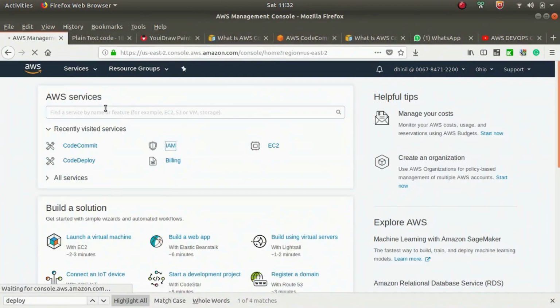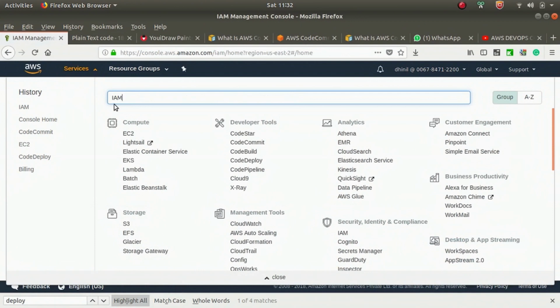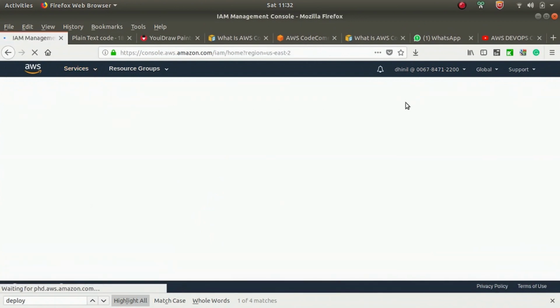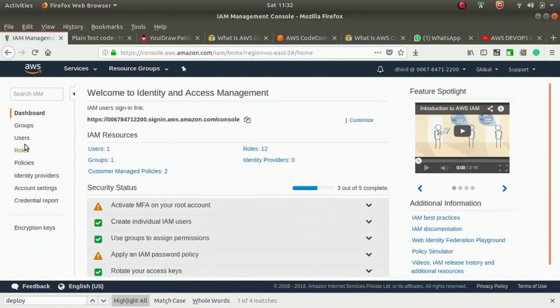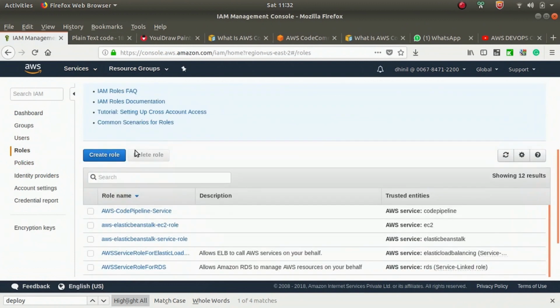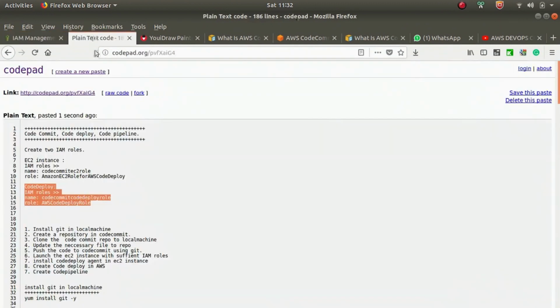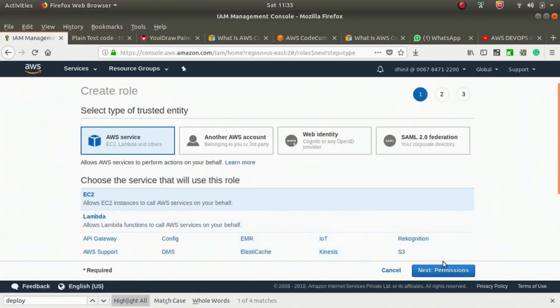First we go to the IAM. Roles, create a role, choose EC2 instance, then choose this name, and next.